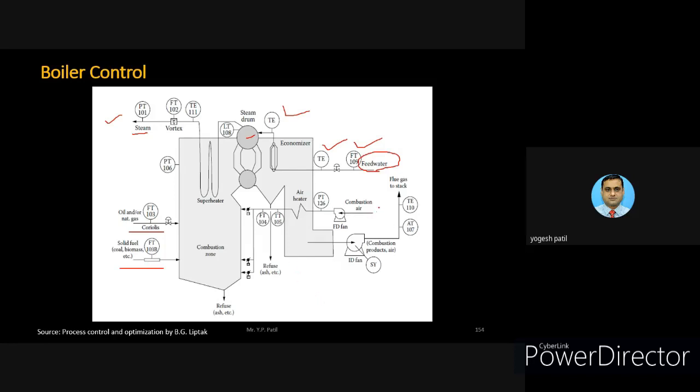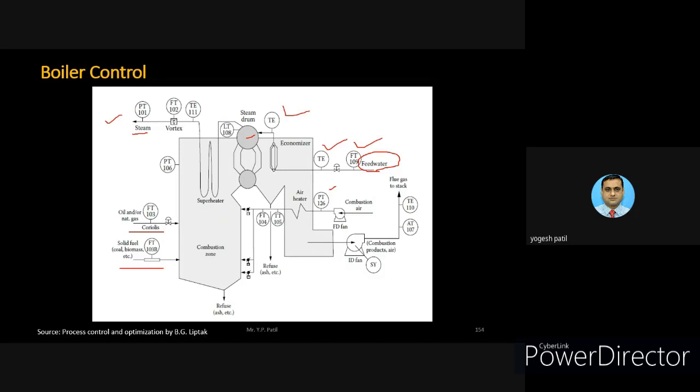Again, on the air side, there is a draft, the forced draft fan, which passes the air into the combustion chamber, where the pressure as well as the temperature can be monitored, and again after the air heater, the temperature and flow can be monitored and controlled. Here all these parameters are shown. How many parameters we can monitor and control needs to be understood first, and then our role is to apply the control for this. So here, pressure, temperature, and flow for the combustion air.